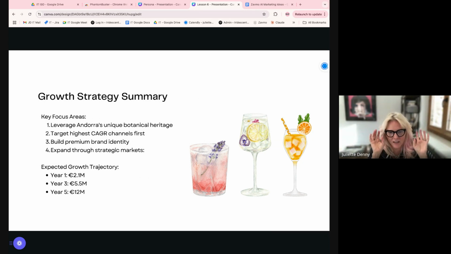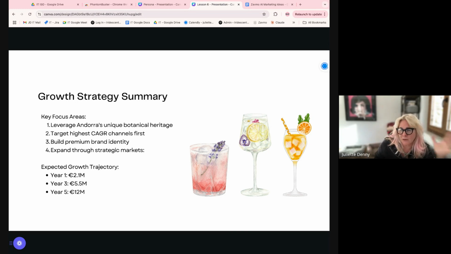So in summary, for this Flora brand, in order to maximize the chance of this brand getting off the ground, we have done market analysis. Well, Claude's done it for me. And this is where we've arrived at. We've looked at the market from a global point of view, and then we've filtered that all the way down into the impact it will have for our small micro business that is just starting out.